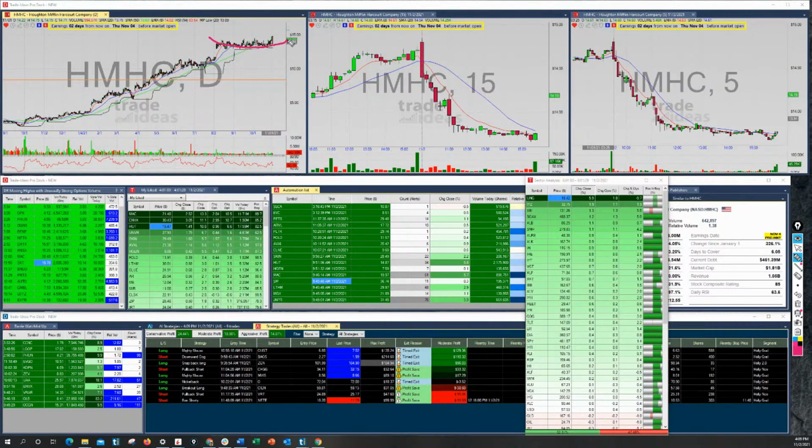I really like this chart overall. I like this gap, how we've held it. We tried to test all that in there. I mean, does it crash down and fill that gap tomorrow? Maybe. I don't know. Like I said, I don't predict things, but I like this chart overall.